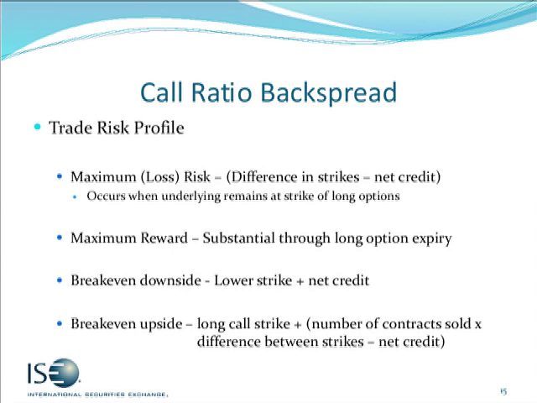Moving right along. Risk profile on our trade. Our maximum risk or loss is the difference in the strikes minus the net credit. This is going to occur if the underlying is at the strike of those long options. We do the numbers, you'll see this work out. The maximum reward is substantial through the long option expiration. So whatever that is, if we get that movement, it breaks through,